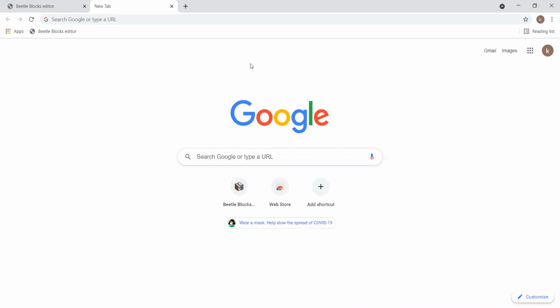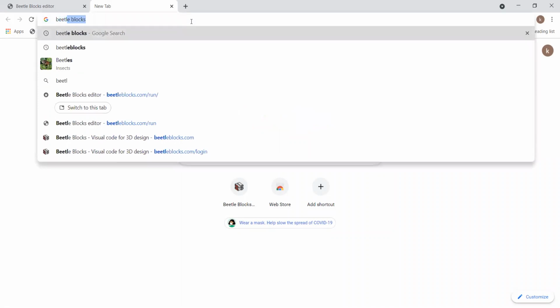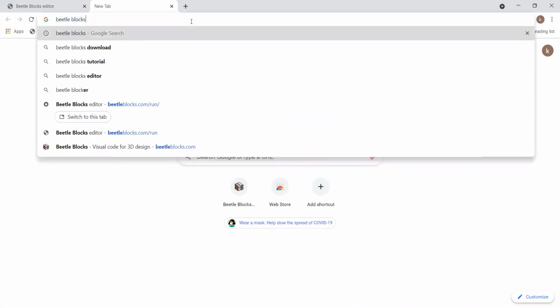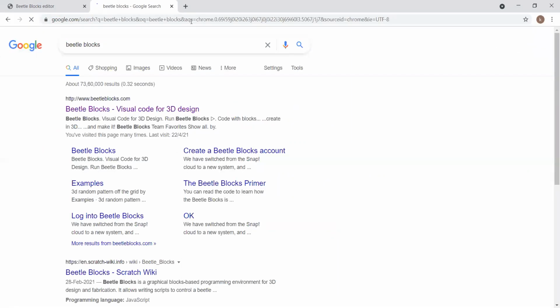In order to have a complete, full-fledged class about what Beetle Blocks is, first go to Google and type Beetle Blocks in the Google search bar. Click on the first link, that is Beetle Blocks visual code for 3D design.